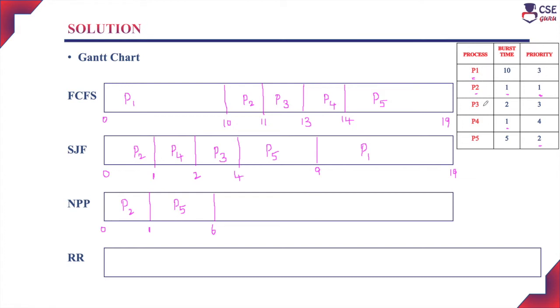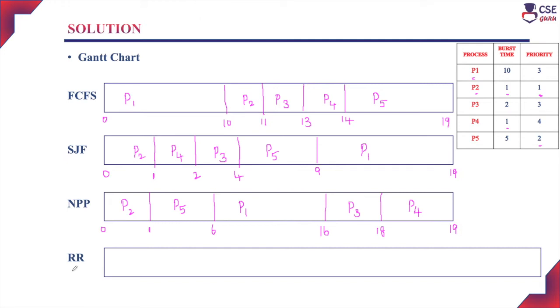Among these processes P1 and P3, the process that entered the job queue first will be assigned to the CPU first. Obviously, process P1 enters the job queue first and P3 enters next. So process P1 will be assigned to the CPU next, and the CPU burst time is 10 milliseconds. So totally it is 16. And the next is P3 with 2 milliseconds. So totally 18. And the next highest priority is process P4 with the burst time of 1 millisecond.